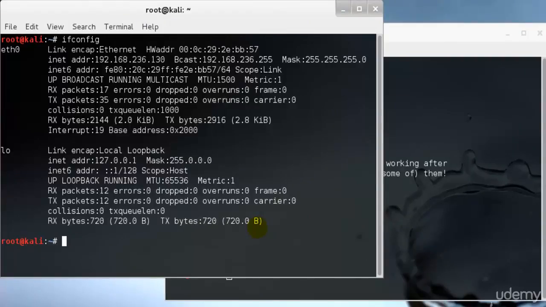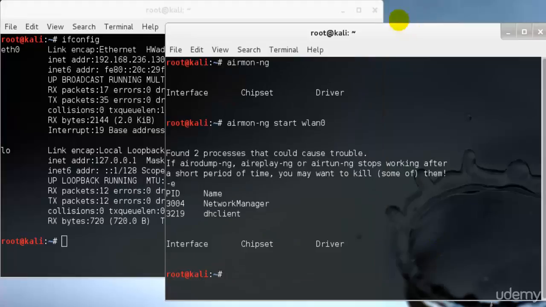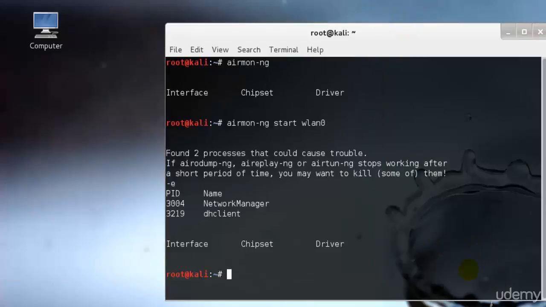So after you have disabled mon0, you will need to enable wlan0, and that would be your actual wireless card. So you can go ahead and type ifconfig and the interface of your network card and then press enter. After that it's done, your card will be active, and then you can go back to your original terminal and type airodump